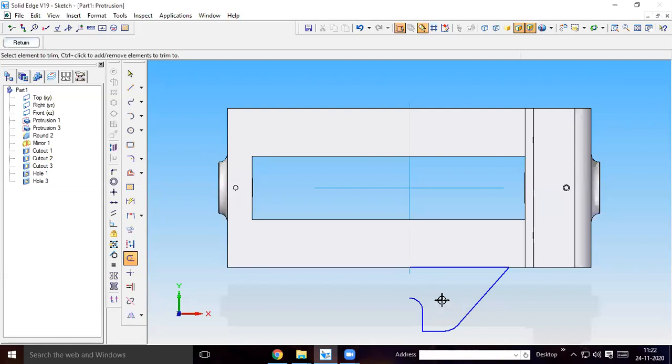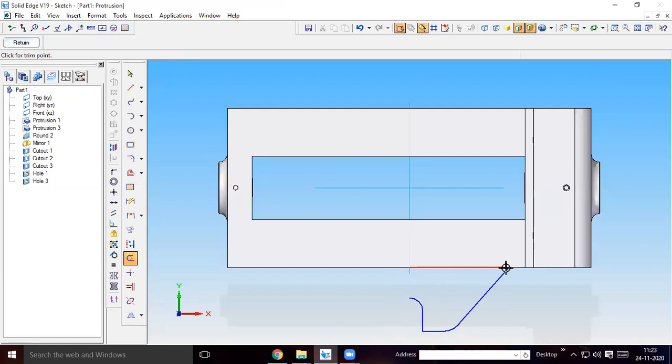Do you understand how I created this drawing? Yes, sir. Is it clear? What I did is first draw 60 mm line, then 27 mm line, again 20 mm line. So from this end you draw a circle of 16 mm radius. From this end you draw a circle of 26 mm diameter. Here 16 mm diameter, here 26 mm diameter.